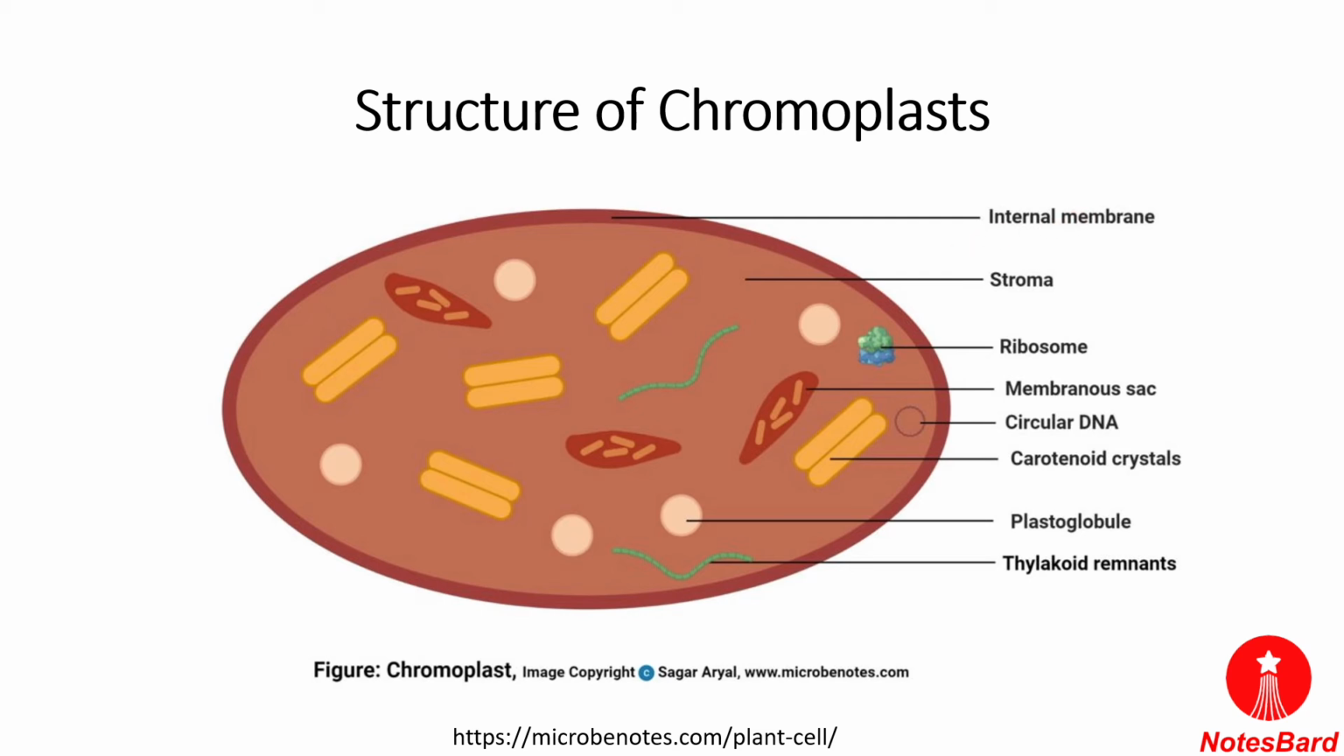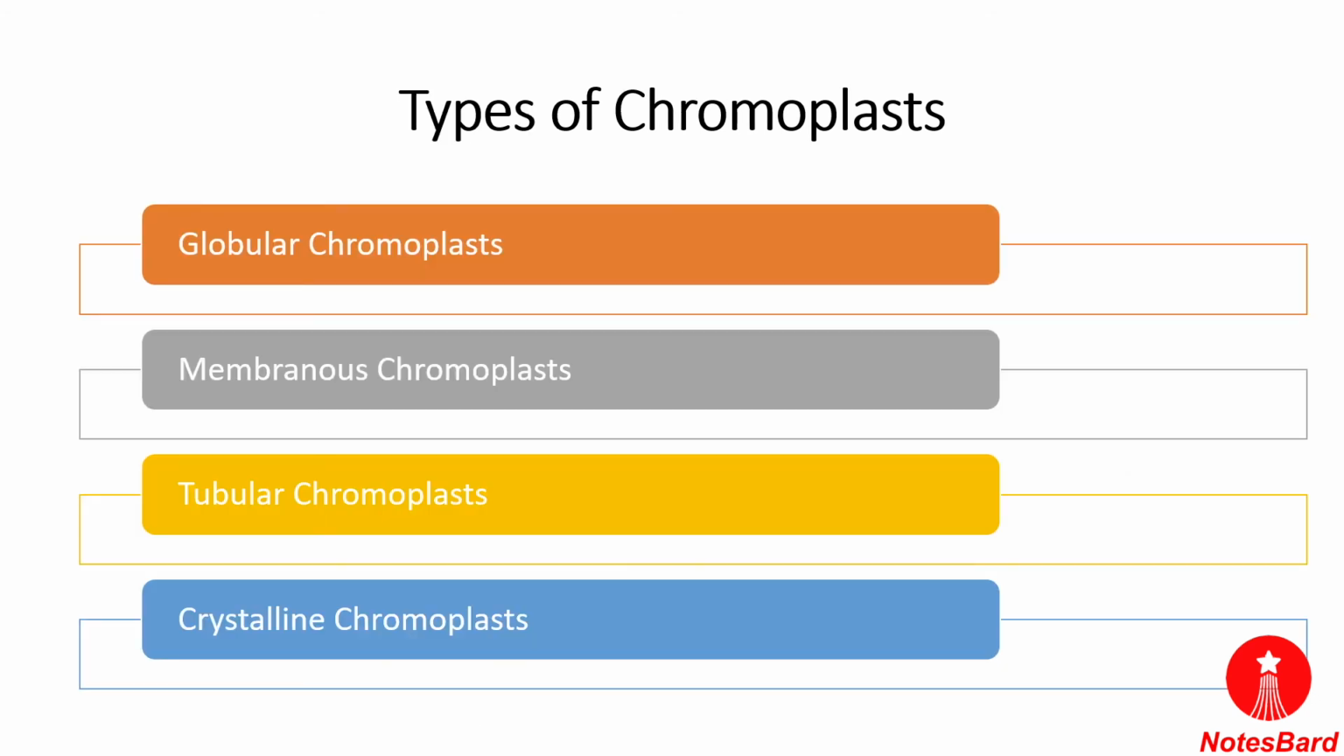Now there are further four types of chromoplasts. What are the four types? They are globular chromoplast, membranous chromoplast, tubular chromoplast, and crystalline chromoplast. So what are these? First we will talk about the globular chromoplast. It consists of